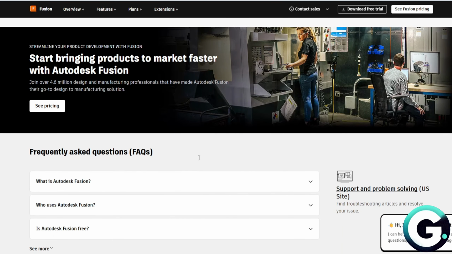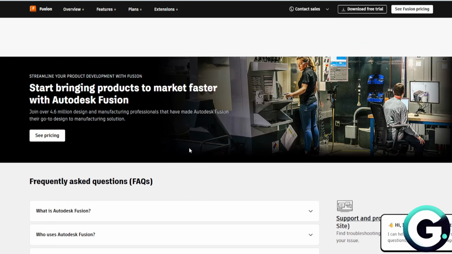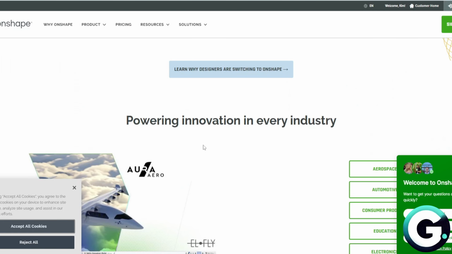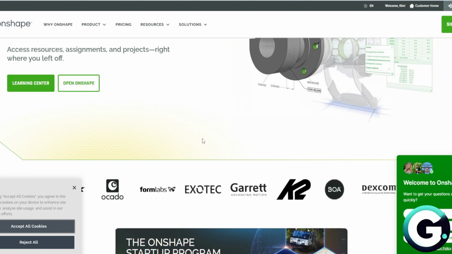And the last thing is going to be, of course, the pricing. Fusion 360 is more affordable and even is free for students and hobbyists. Meanwhile, for Onshape CAD, they also have a free version, but your designs are public, and paid plans are more